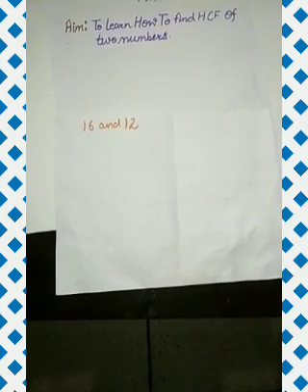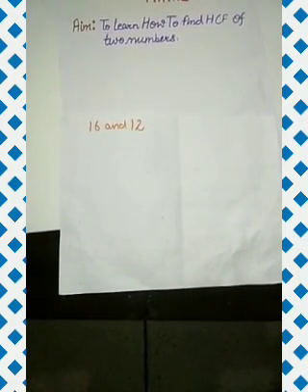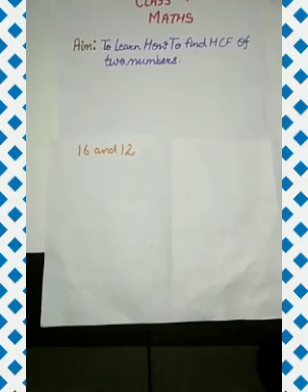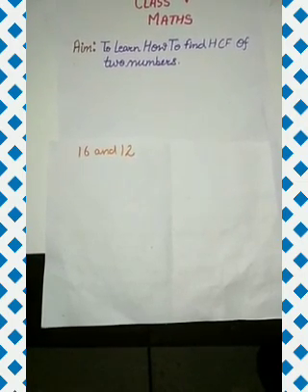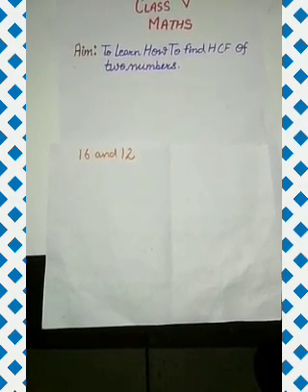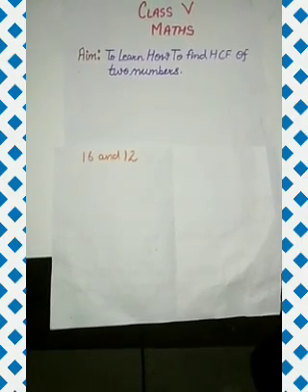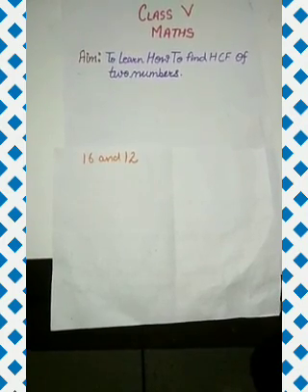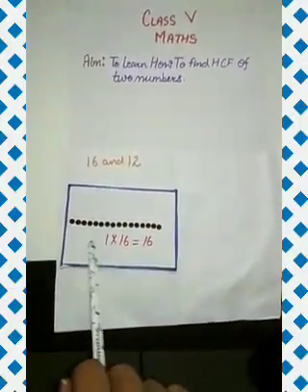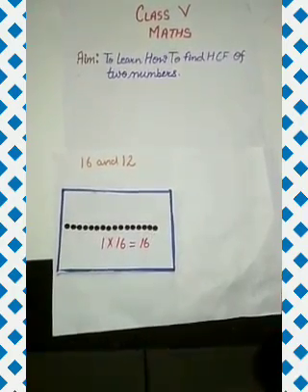Now we have to take 16 bindis and arrange the bindis in all possible ways such that each time a rectangle is formed. So now we have to think of two numbers which, if I multiply, then my resultant would be 16. And we know if any number is multiplied by 1, then our result will be that number. Similarly, if I multiply 1 with 16, my result will be 16, and this is in a rectangle form.